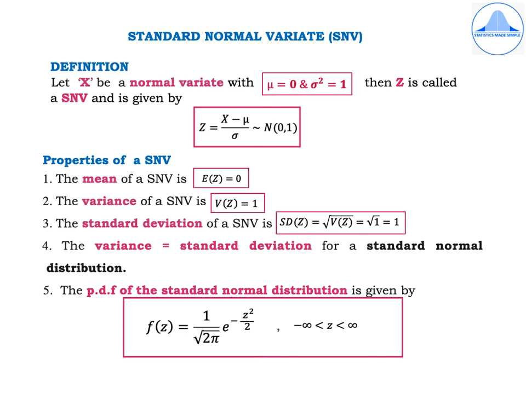So to work out the problems on the normal distribution, we make use of the standard normal variate formula, that is z equal to x minus mu divided by sigma, which follows normal 0, 1. So this particular slide is very important for working out the problems. Please be very thorough with all that is mentioned in this particular slide. Now in the next slide, I will explain to you how the PDF was obtained, but that is not required for the examination. It's only for your understanding.